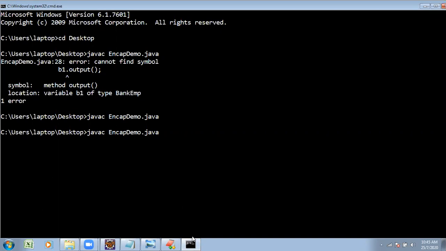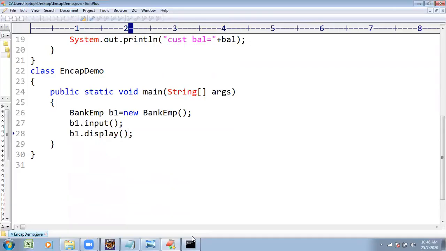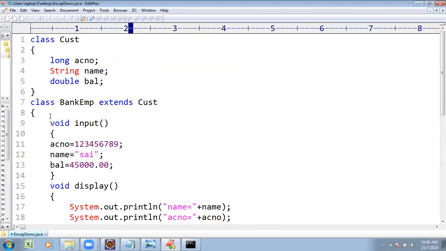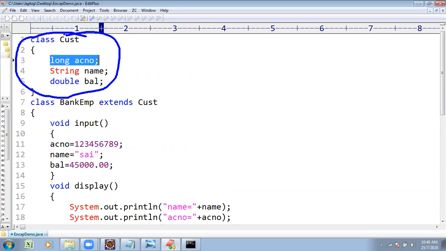Superclass declarations are done. Subclass utilizations are done. Till now, no problems, as usual. Only the class inheritance concept is done. But instead of that, what we are going to do is, someone says, sir, my account number is confidential. I don't want to allow anyone to access this. I want to utilize my account number within my class only.